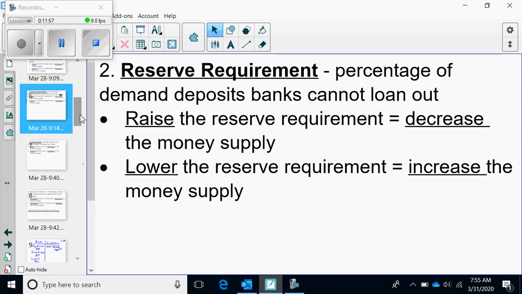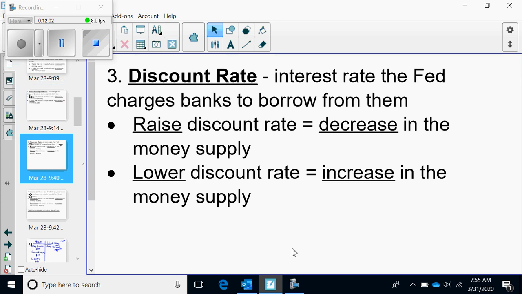The next thing is if you go to the Fed. The Fed has an interest rate that you can borrow from them. All right? So if you're a bank, you can borrow money from other banks, or you can borrow directly from the Fed. And the Fed has an interest rate, and that interest rate is called the discount rate. And basically, that interest rate is zero. So they've lowered this interest rate right here to zero, and thus increased the money supply. They want everyone to loan out. All right? So this is another one right here. You need to write down this slide.